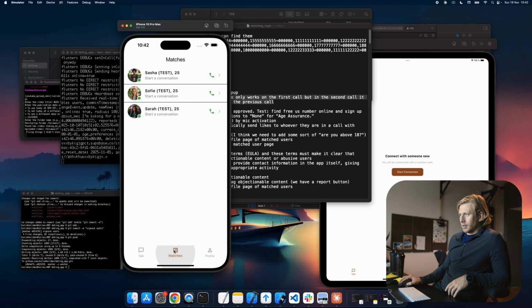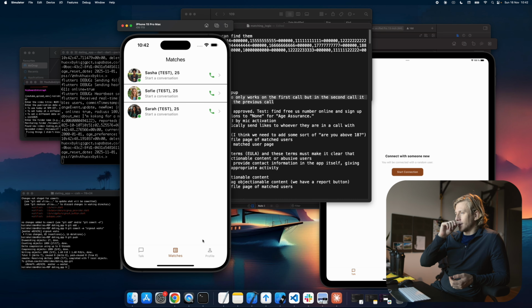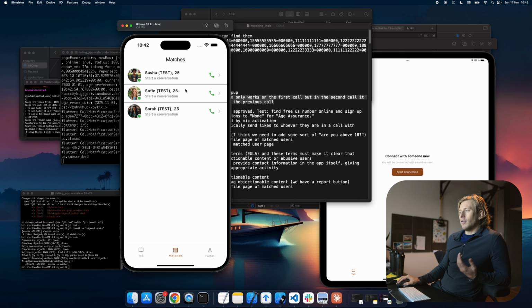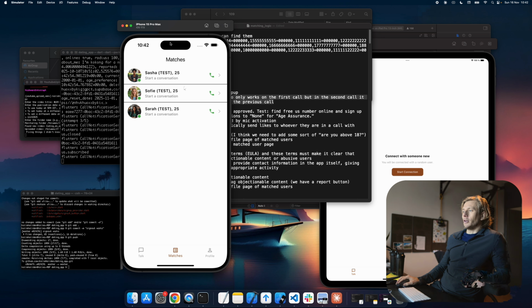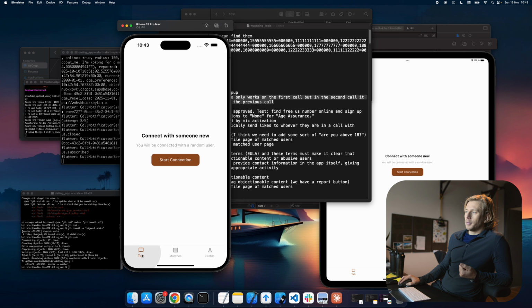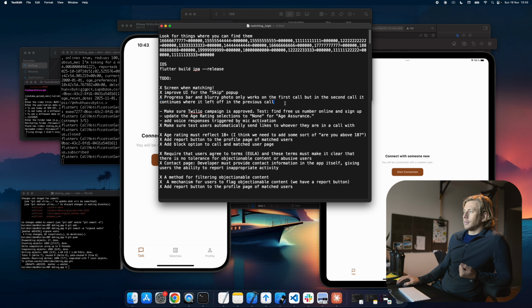Oh yeah, we do have matches. Because I am a test user, it automatically sends a like out, which means that every time we connect with someone, we automatically get a match with them as well. But this is really cool. They are all online. Yeah, we made some progress.